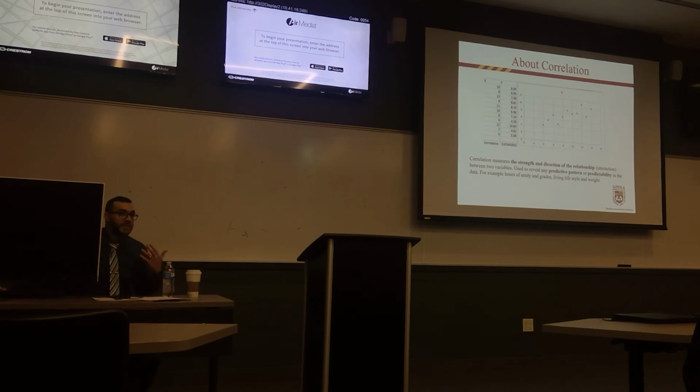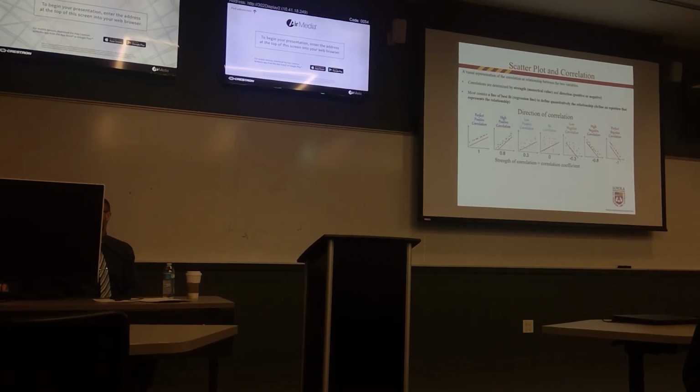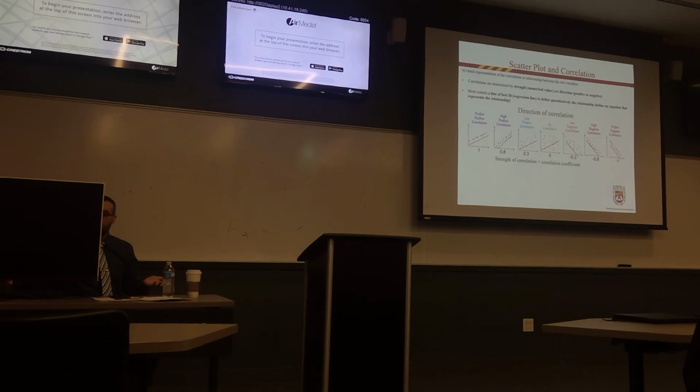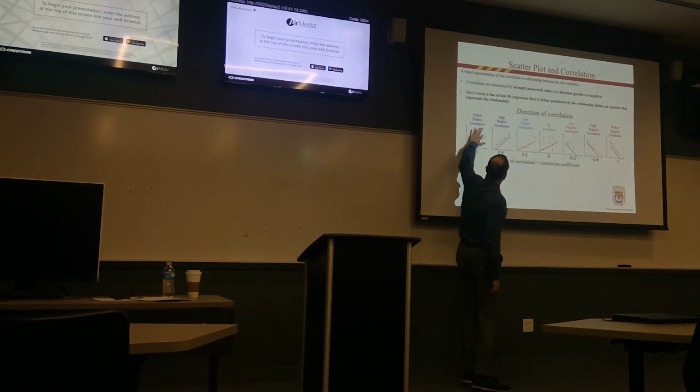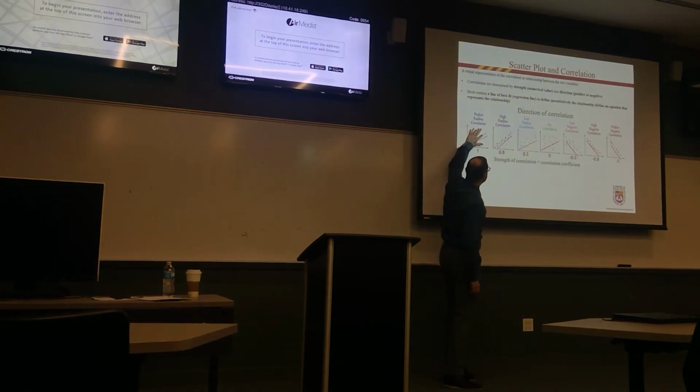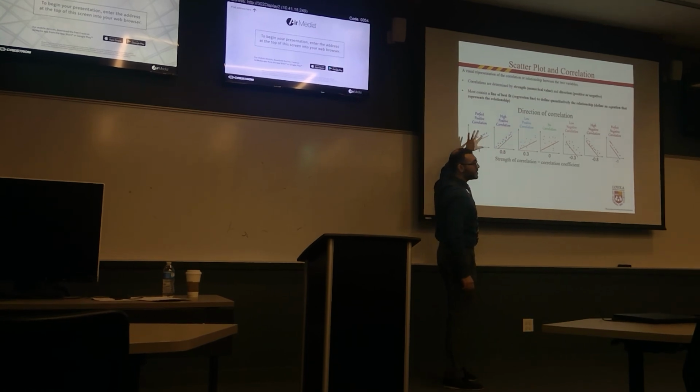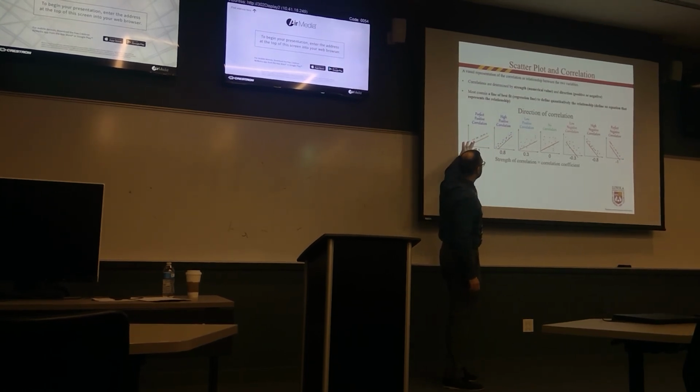So correlation, as I mentioned, measures the strength and the direction of a relationship between two variables. It helps me identify a predictive pattern between these two variables that I'm looking at, and it has a measure called correlation coefficient, which is between -1 and 1. As you can see, there are so many values for correlation coefficient. If it's 1, that means it is like this. Data points, they are perfectly linear, and I can say I have perfect positive correlation between the two variables.